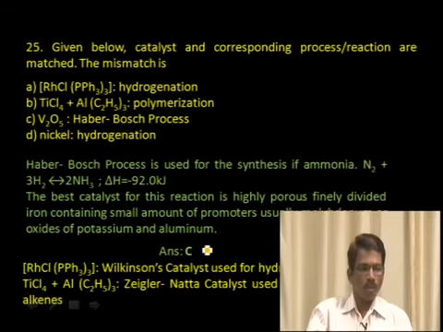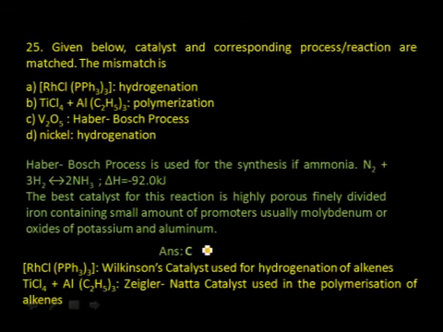And we will move on to question number 25. Given below, the catalysts and the corresponding reactions are matched. You have to find out the mismatch in that. So, option A is RhCl(PPh3)3. This compound PPh3 stands for triphenyl phosphine, and this is called Wilkinson catalyst, that is used in the